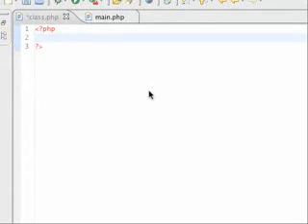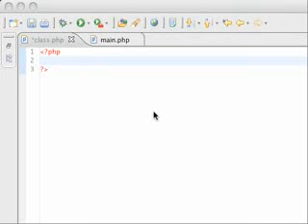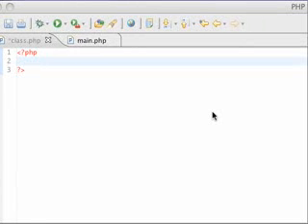This is going to be a redo video of my PHP object-oriented programming in Eclipse IDE. This will be better quality. My last one wasn't zoomed in enough, so it's hard to see the text and stuff. So this time you're going to hopefully be able to see it better. So let's get started. Open your Eclipse IDE